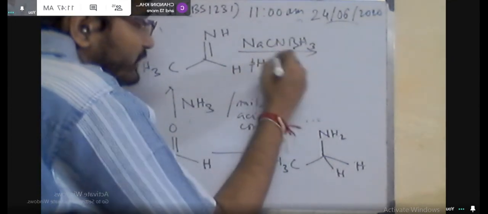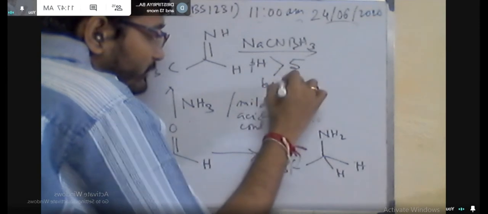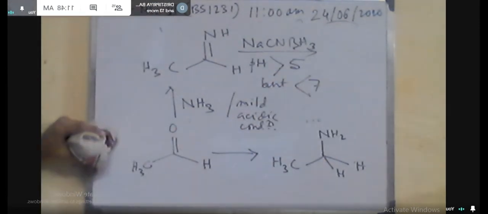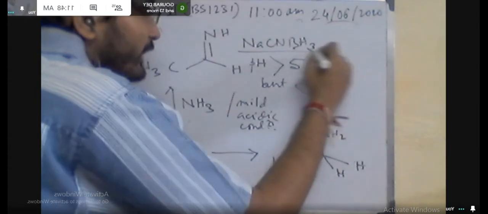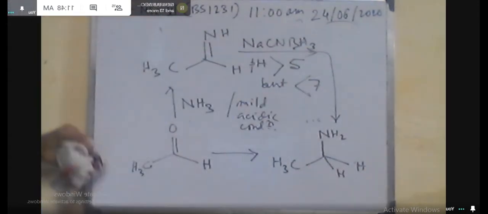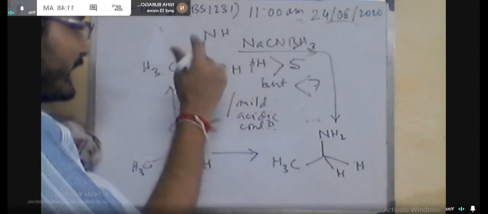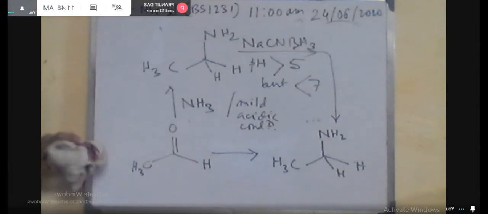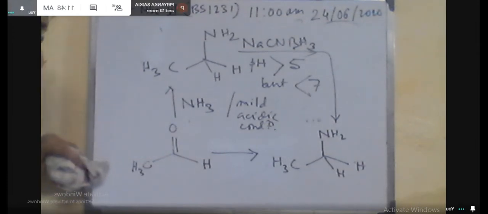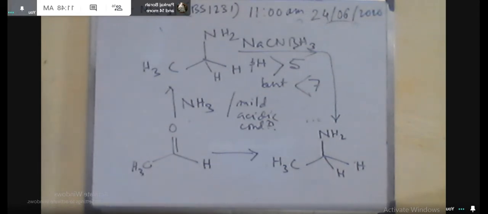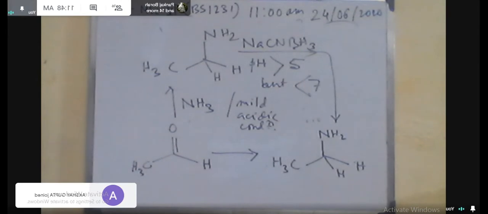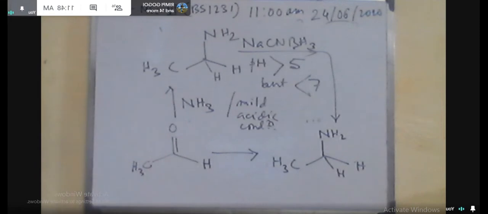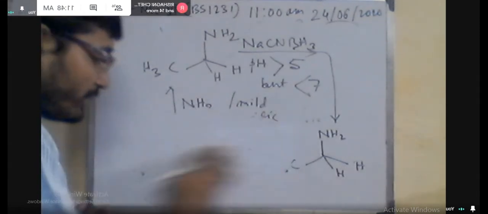So generally we use lithium aluminium hydride, not at 0 degrees Celsius. We have to use heat, that means temperature is important, but you know lithium aluminium hydride is highly reactive. So there will be some risk in carrying forward the reaction in presence of lithium aluminium hydride. So in presence of heat it can be converted to the corresponding alcohol, but there is a lot of difficulty in this reaction.